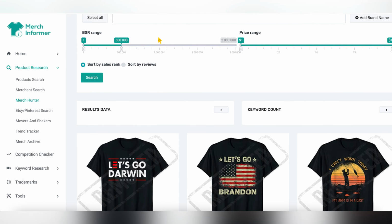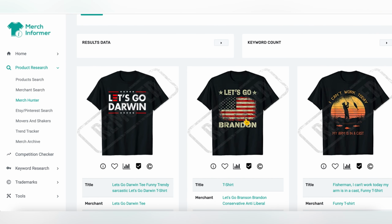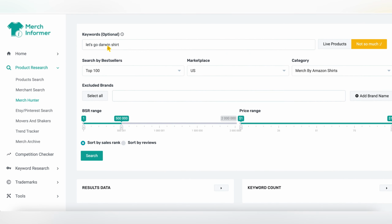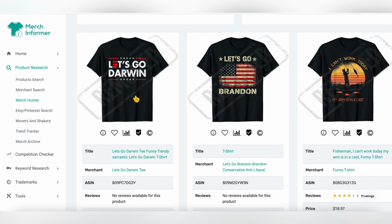What I'm using right here is the deleted designs tool or feature. I go to Merch Hunter, then type in the keyword, then click Not So Much. Not So Much is for deleted designs. Then it brings me up this. Actually, I was searching just for Let's Go Darwin deleted design shirt, and then Let's Go Brandon popped up. The deleted designs popped up. So if I go for Let's Go, as you can see, it's just one result for Let's Go Darwin, and